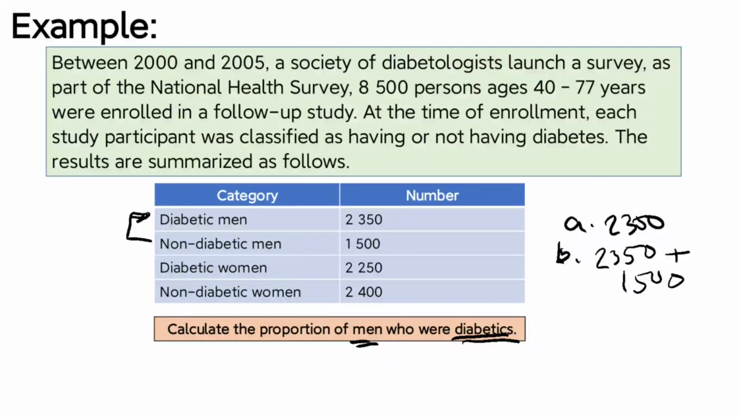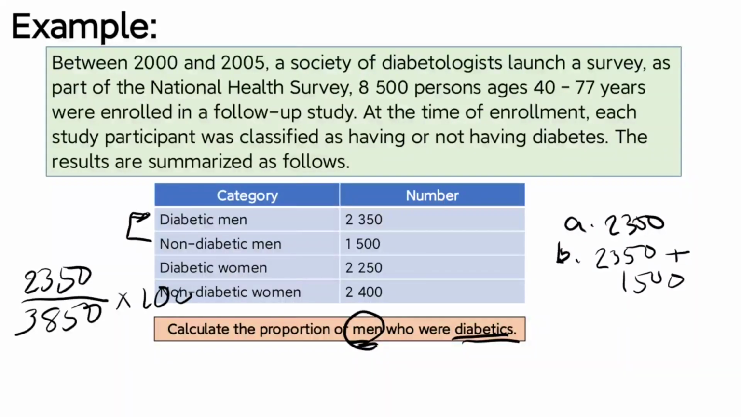Okay, gets? So, again, since the diabetic men are a subset of the gender men, right? Men. All the males for this particular category, we add. Okay? So that at least, you will get the proportion of men who were diabetics. Okay? And of course, once again, the factor is not given. So, basically, 100 again. So it will be 2350 over 2350 plus 1500, which is 3850,